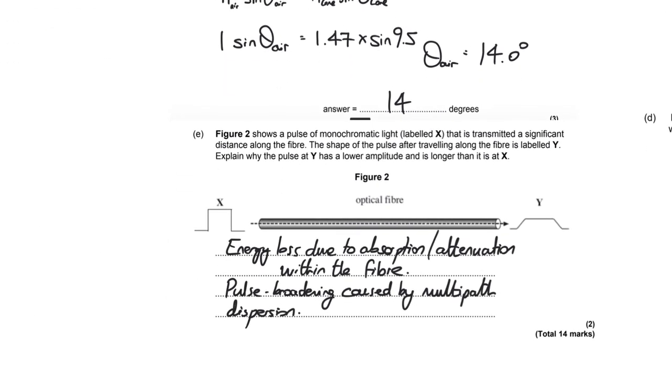E, why do we get a pulse that is flattened and broadened? Well, the first reason is energy loss due to absorption and/or attenuation within the fibre as the light passes through a material. The second element, the broadening of this pulse, is due to multipath dispersion, which is to do with the fact that